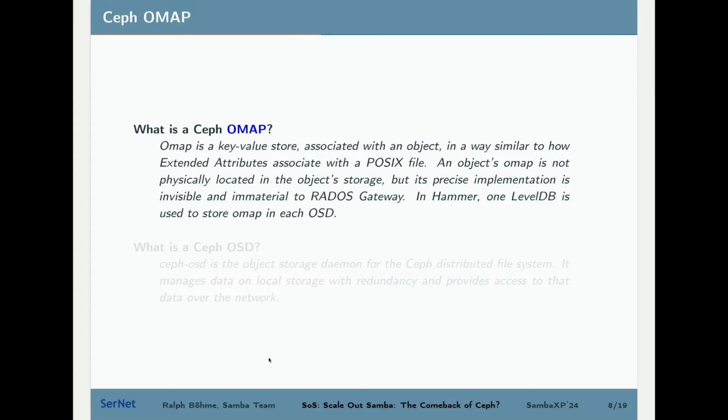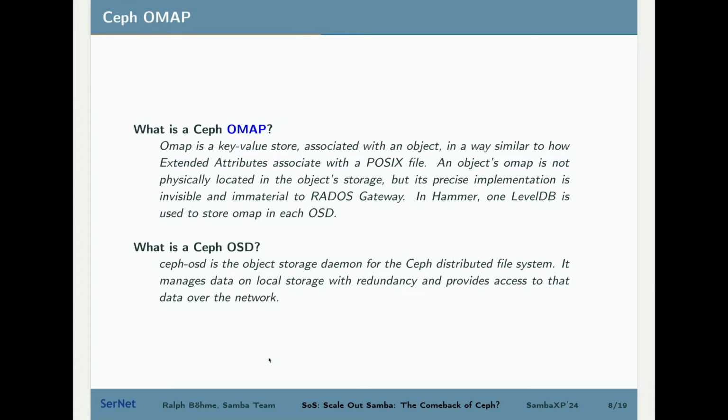It's basically a way of storing small key value pairs in an actual database in Ceph, and it's used by Ceph internally for object metadata and for CephFS, as far as I know. So it was an obvious choice to export this externally as a key value store for Samba, to store the Samba records in this Ceph OMAP database.